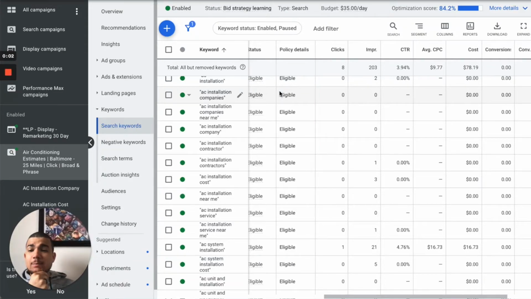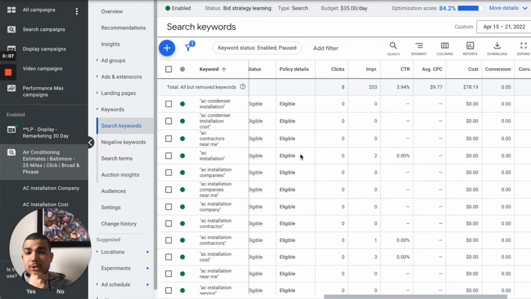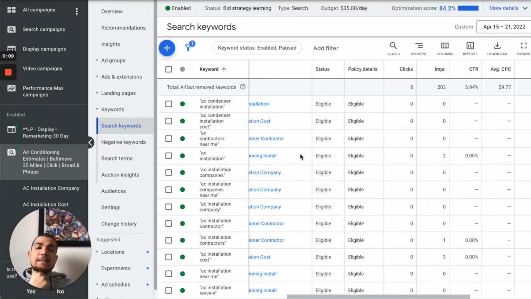Just want to give you a quick tip. I know it's going into the springtime, and air conditioners are coming online, and we're going to figure out if they're working or not. And it's going to get into the busy season soon. So get your air conditioning campaigns up and running. But one tip I want to give you, or actually I have two in this video, for air conditioning campaigns